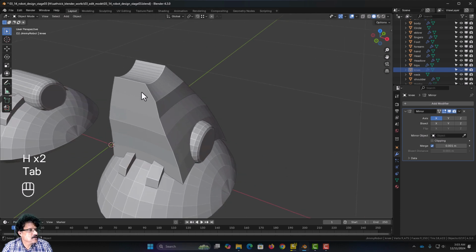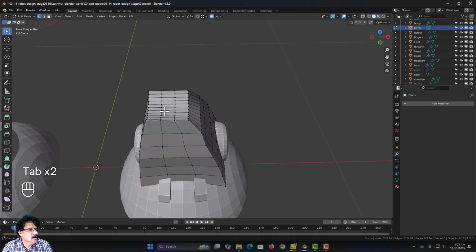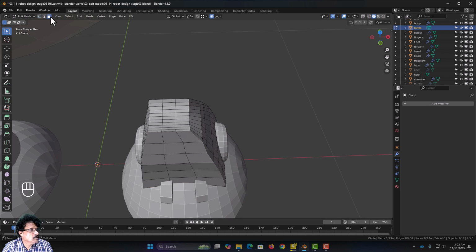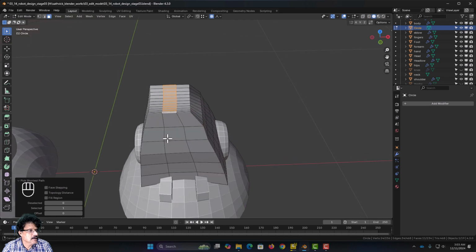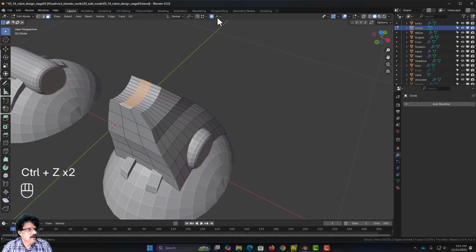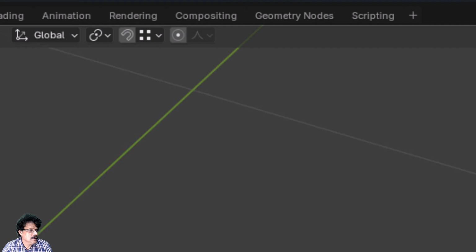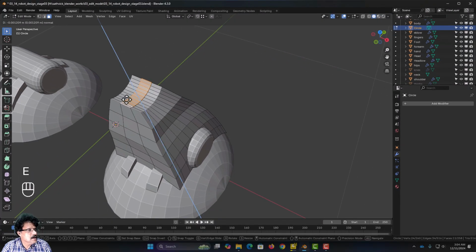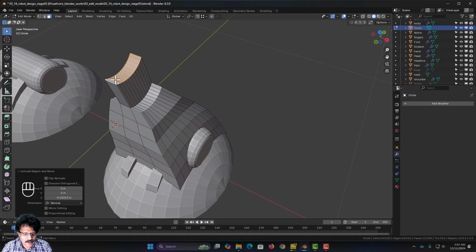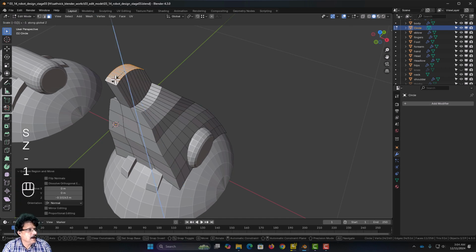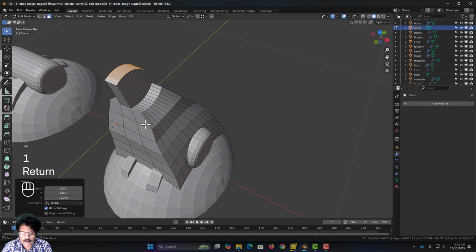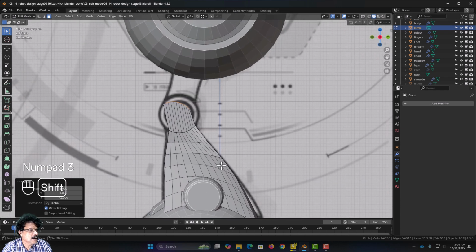I will select this, press tab, and here I am now going to come into face selection mode. Select this face with Control select till here, this entire face. I will now disable proportional editing. Then I will press E and I am going to extrude it a little like this. After this, I will press S, Z, -1, and then I will press 3 and come into the side view, and